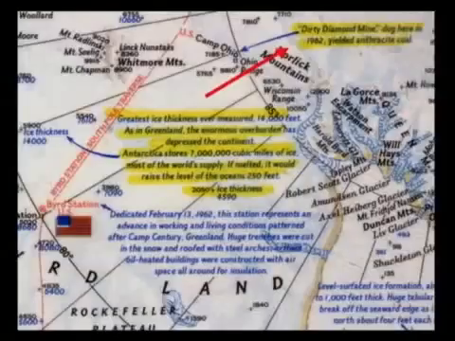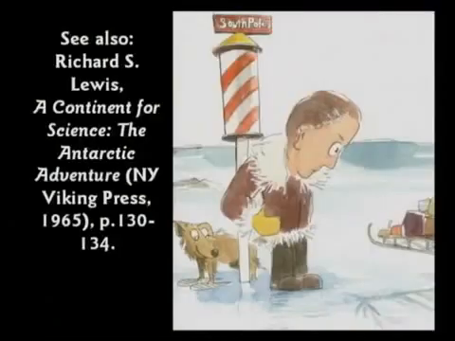Okay. Notice at the upper right-hand corner of this National Geographic map, it says the Dirty Diamond Mine, dug here 1962, yielded anthracite coal. Coal at the South Pole. Interesting. There are no trees at the South Pole. What happened? Admiral Byrd reported, when he got near the South Pole, frozen palm leaves. Well, we have a hard time getting palm trees to grow here in Pensacola. You know, you get a cold freeze and it kills them. We're 30 degrees from the equator. You would never get palm trees to grow at the North or South Pole. And there are leaves there.